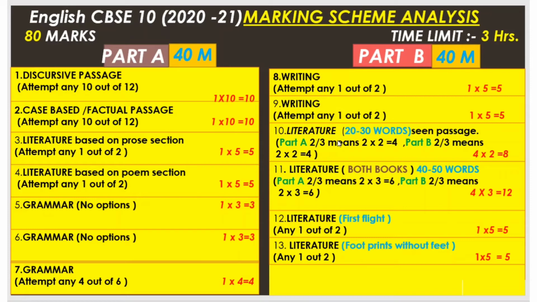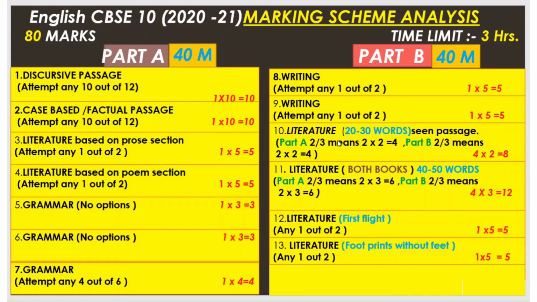Now let's move to question number 9. It is also a writing part containing analytical paragraph writing. That means here you are having 2 parts, part A and part B. You have to attempt any one. If you see the sample question paper, they have given examples there: data on purchase of digital devices is one question, and the other one is an argument for an excerpt, ban on plastic. You can write on any one. You have to analyze what is said there, and then write accordingly, selecting any one. Here also you are getting 5 marks.